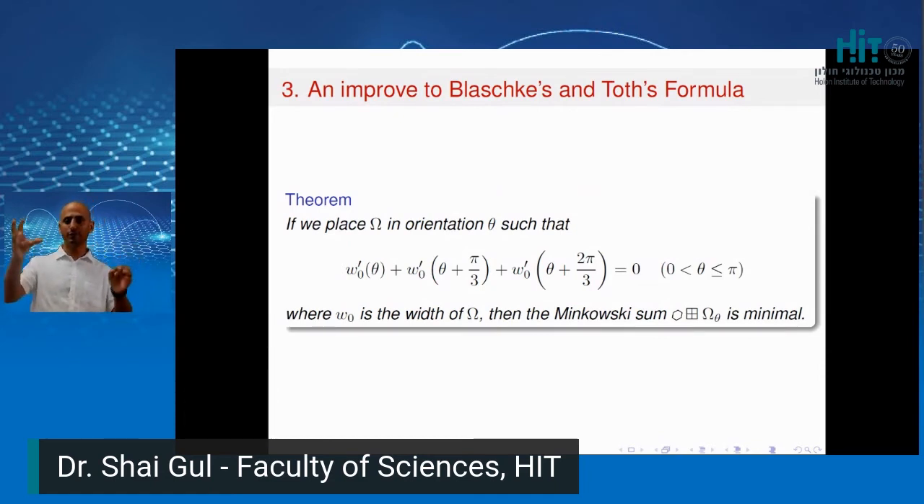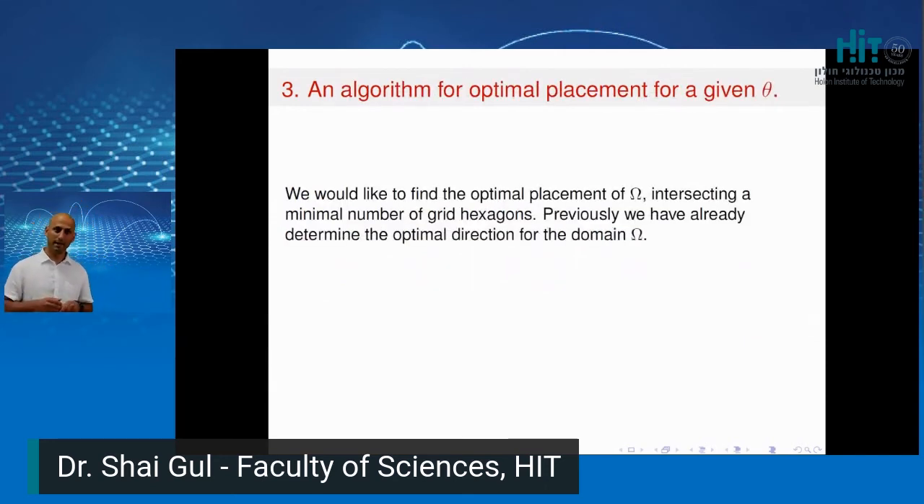Lattice I can put in different ways. And if I put it by this equation, where W is the support function or the width of the omega, we can get the right orientation such that the number of hits, or the number of elements in the lattice, will be minimal. Okay. A second one: once we get the orientation, we still need to decide what is the right translation